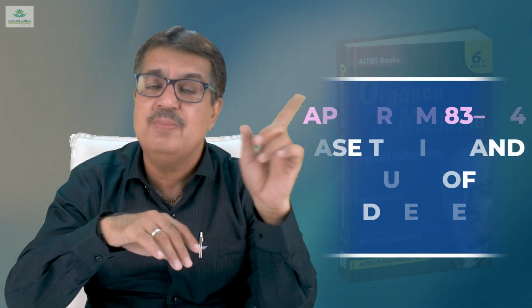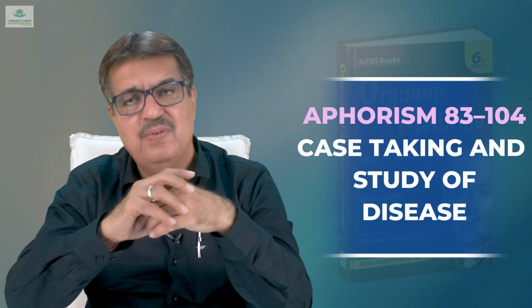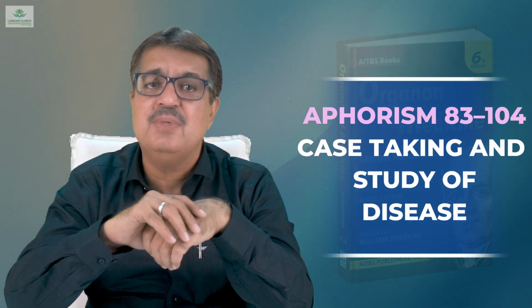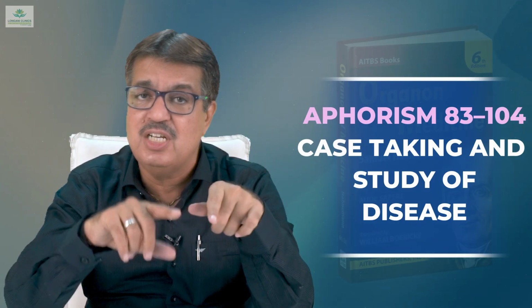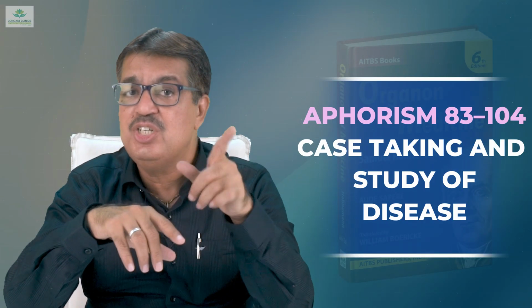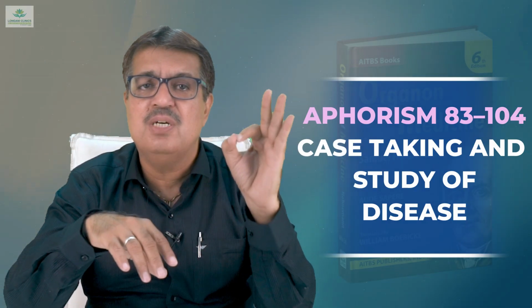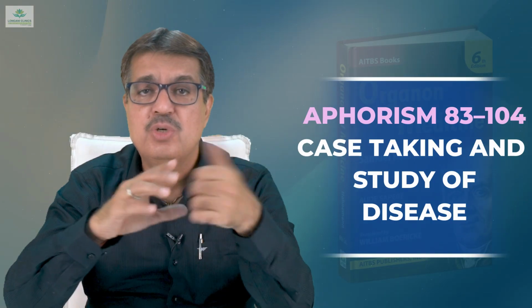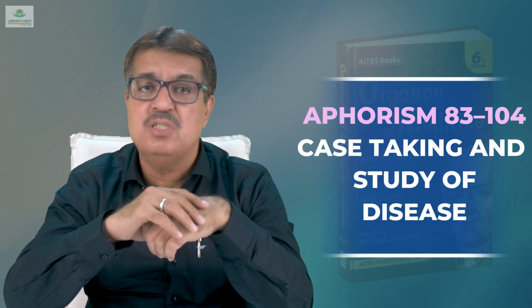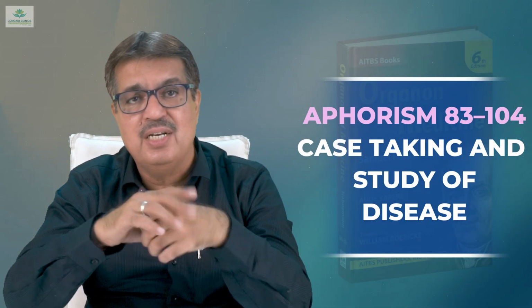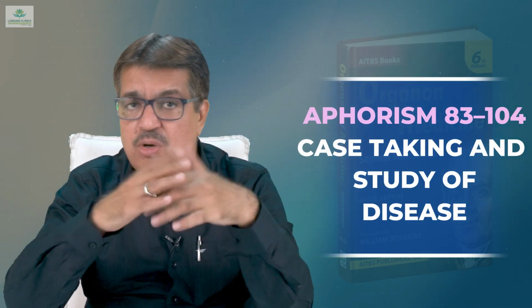Then Aphorism 83 to 104, where he mentions case taking and study of the disease. In this section, Hahnemann describes the method of case taking, which is essential for understanding the patient's disease. The physician must carefully observe and record. What should he record? Mental and emotional symptoms, then physical symptoms, then modalities, what makes the symptom better or worse,